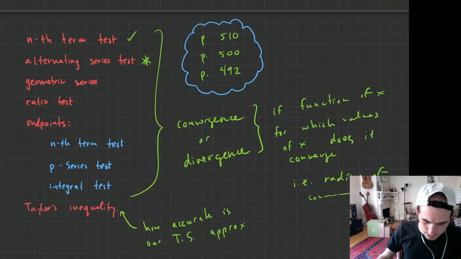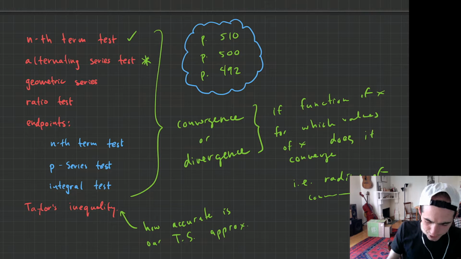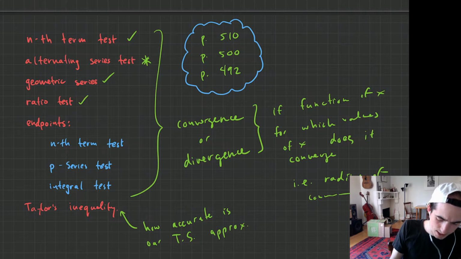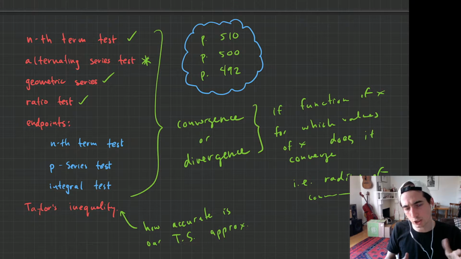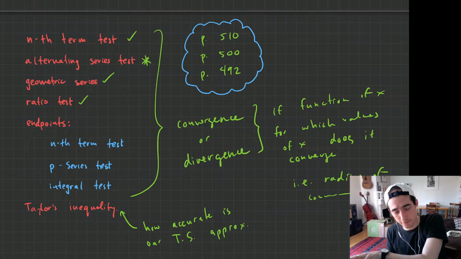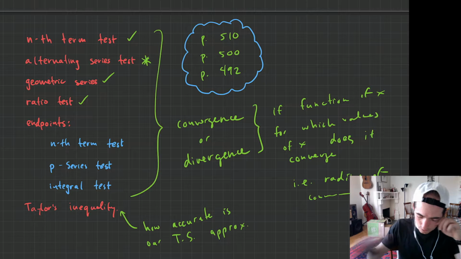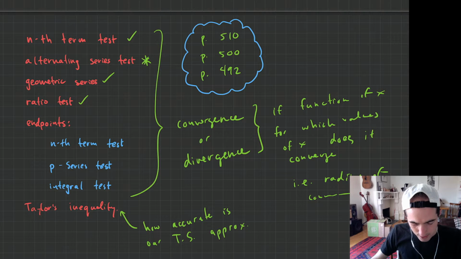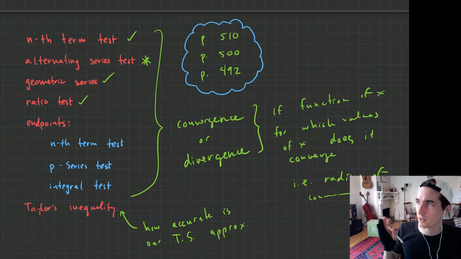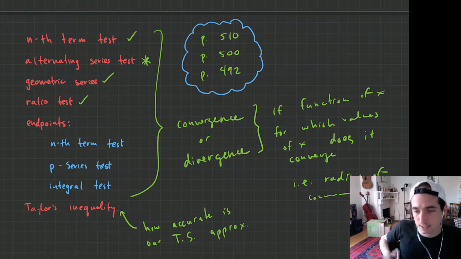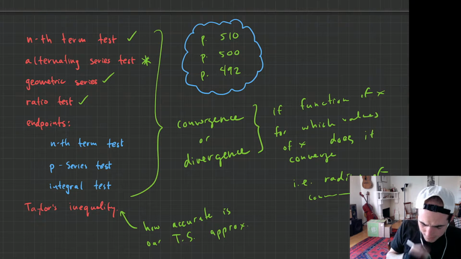Okay, so the alternating series test. I'm going to go over that today. Geometric series we looked at, right? We should be able to recognize when a series is geometric. The ratio test, we also looked at that. If you look at the ratio between consecutive terms and take a look at where that ratio is going as we get further and further into the series, what we need is that the limit of the ratio is less than 1, then we're good. And with the endpoints,